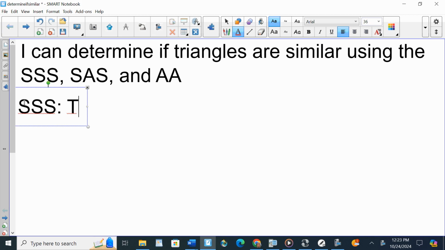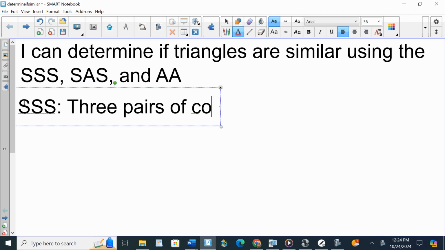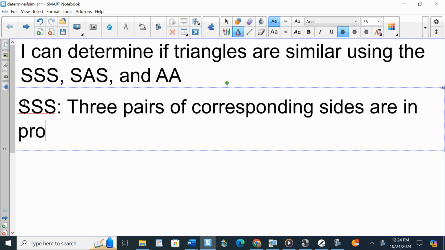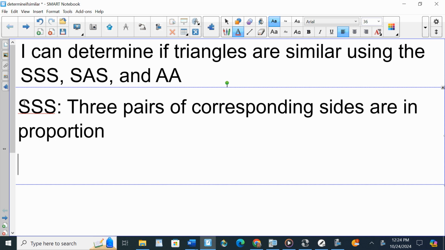SSS: three pairs of corresponding sides are in proportion. In similar triangles, the corresponding sides are in proportion and the corresponding angles are congruent. So all the S's mean that corresponding sides are in proportion, and all the A's mean that